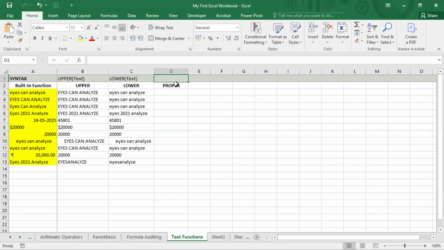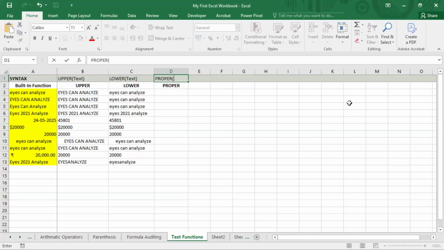So it is quite the opposite of UPPER and LOWER, or I'll say it is a combination of UPPER and LOWER. The main issue with this PROPER function is that apostrophes, numbers, and date formatting also disappear. So while it is deployed, you will get the same kind of output that we get for UPPER and LOWER. It will have an argument. Let me first put the syntax. So the syntax is PROPER,